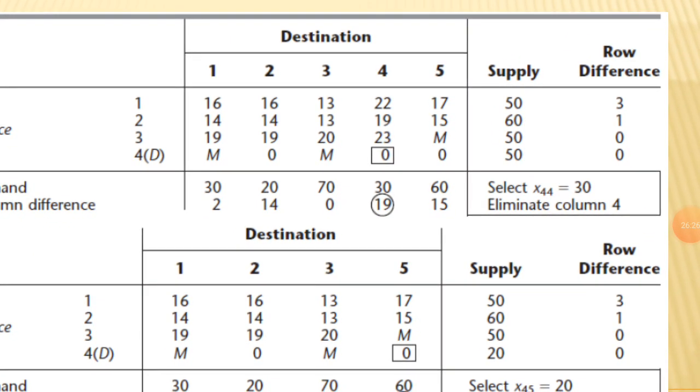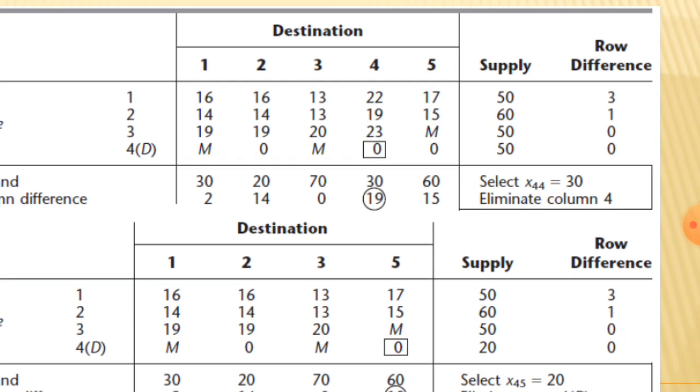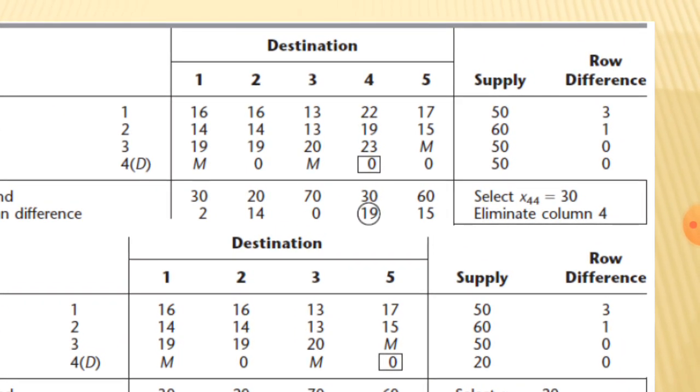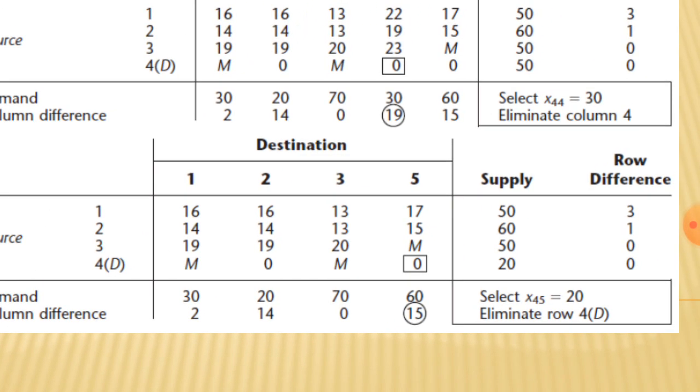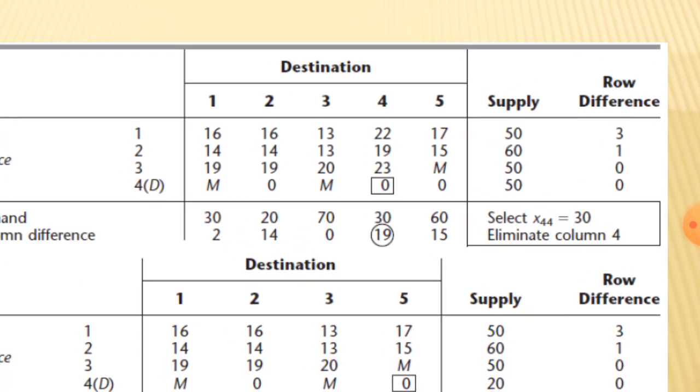Repeat the steps. First, what we have to do? We have to prepare the matrix. After preparing the matrix, write down all the availabilities and all the requirements. After writing all availability and requirements, first you have to check whether it is a balanced problem or an unbalanced problem. It is a balanced problem, and then you have to repeat the steps.